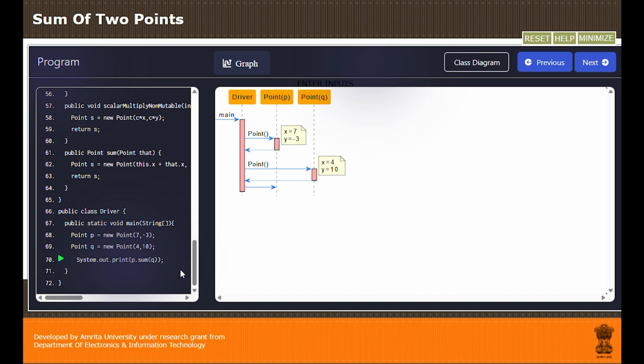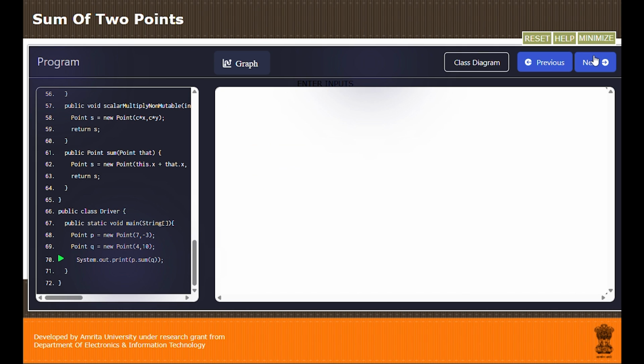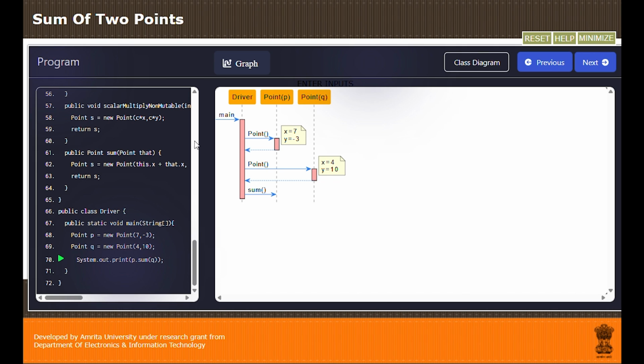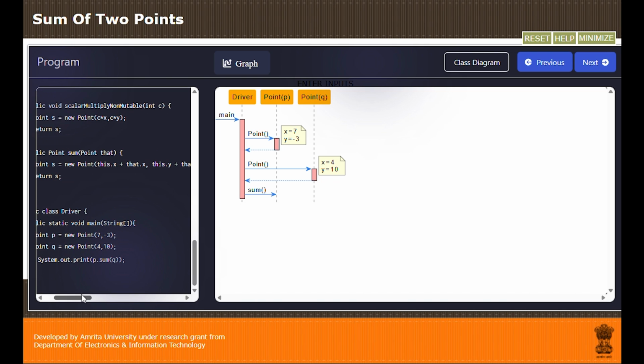After that, I am going to call the function named sum. It is a user-defined function which is defined in the Point class, using the object p. When I am calling the sum function, I am passing the second object to it. So what this function is doing, basically, is that inside the sum function, we are creating a new object of the Point class by adding the x value of the current object, that is p, and